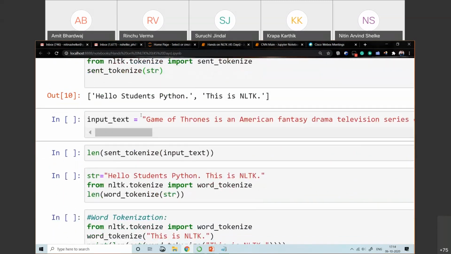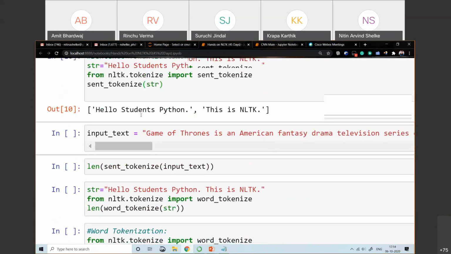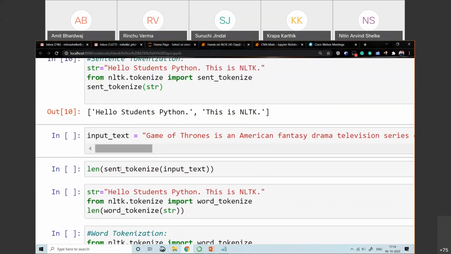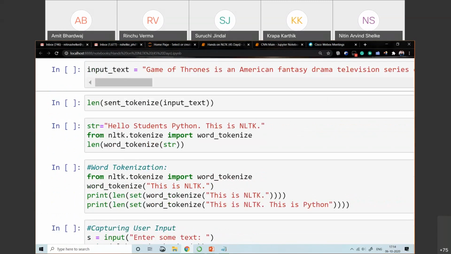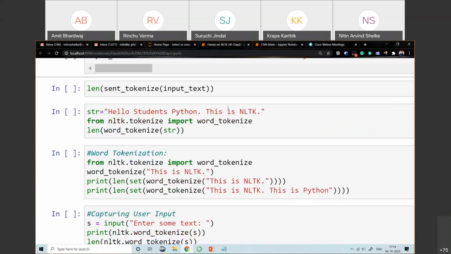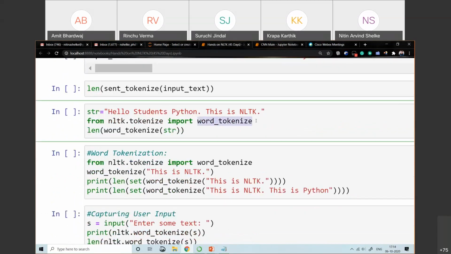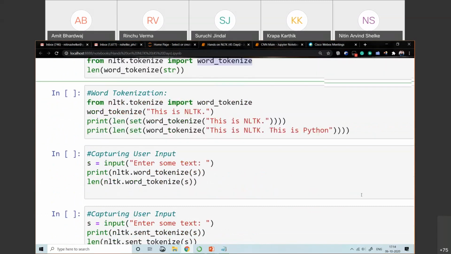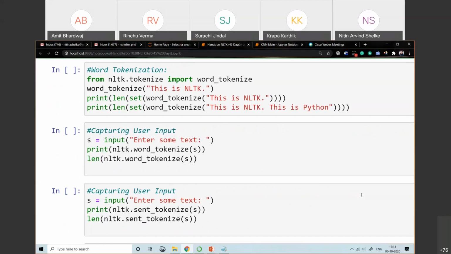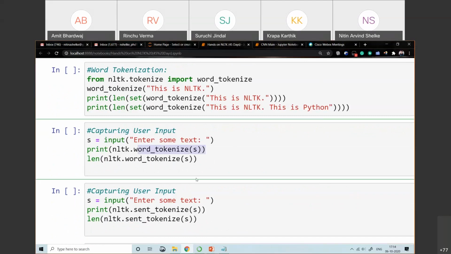After that, we discussed the same Game of Thrones blog case study, on which we applied sentence tokenization. Then we applied word tokenization by using the word_tokenize class. Also, we applied tokenization on user input, by capturing the user input using the input method, we applied word tokenization, and we can also apply sentence tokenization.